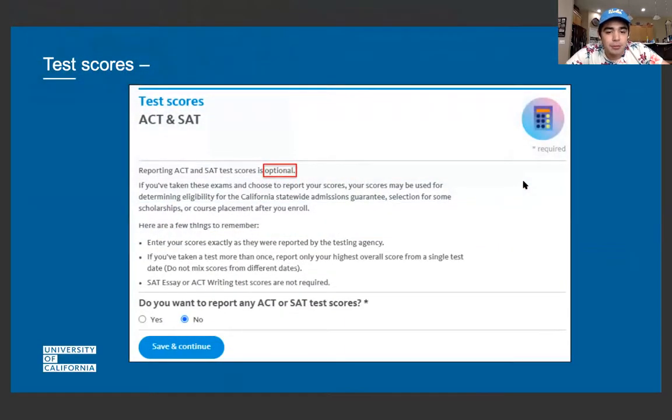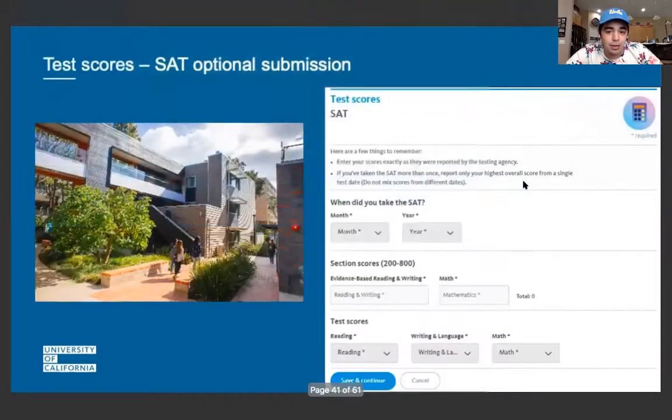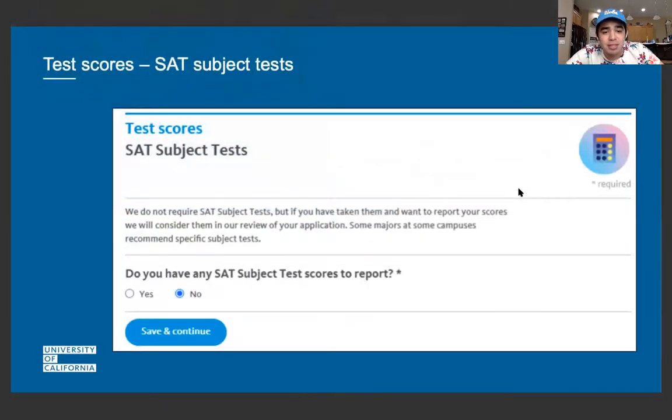Test scores, again, are optional. You're going to input them there if you want to. It's not going to be held against you. It will only add to your application. When inputting your SATs, they want to see all of them. SAT subject tests: if you did a subject test, they want to know. Some majors require you to do a subject test. I know that a lot of STEM and engineering majors are going to want you to take the subject test: Math 1, Math 2, Physics 1 and 2, or 1 or 2, and then maybe also biology or whatever it might be for the STEM majors. Check with the major, check with the requirements.